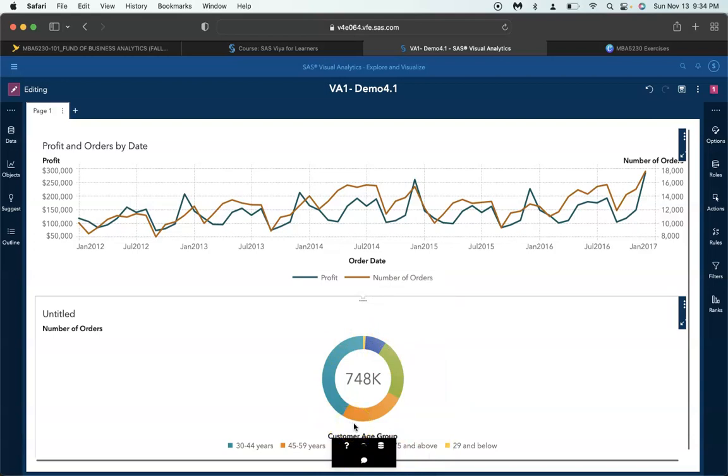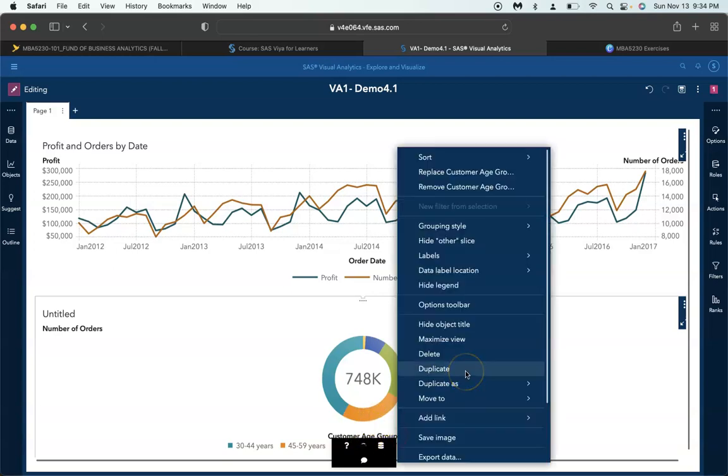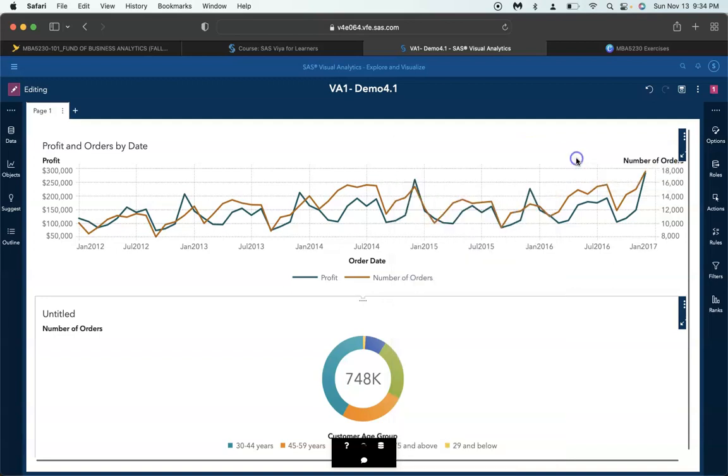So below the pie chart, we're going to right click on customer age group. And we're going to select sort up here. And then we're going to do it ascending. So this is the new